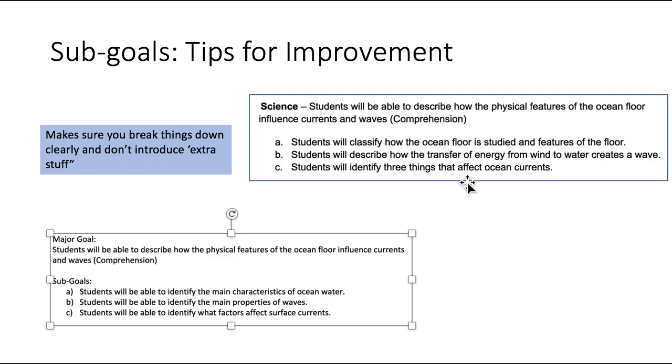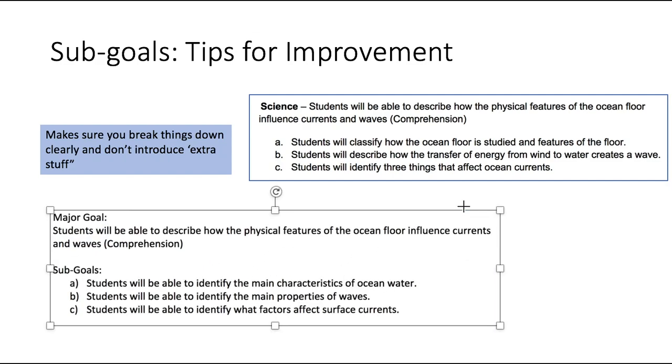And then students will identify 3 things that affect ocean currents. And these could be things that are on the ocean floor, but not necessarily those, because other things affect ocean currents too. So it needs to be tied in, and these are all kind of extra things that would be interesting, but don't really help you get to where you need to go. Same idea here, talking about the same thing, properties of waves, surface currents as well. I can do this without tying it directly back to the physical features, so I really need to make sure I make those connections super clear.